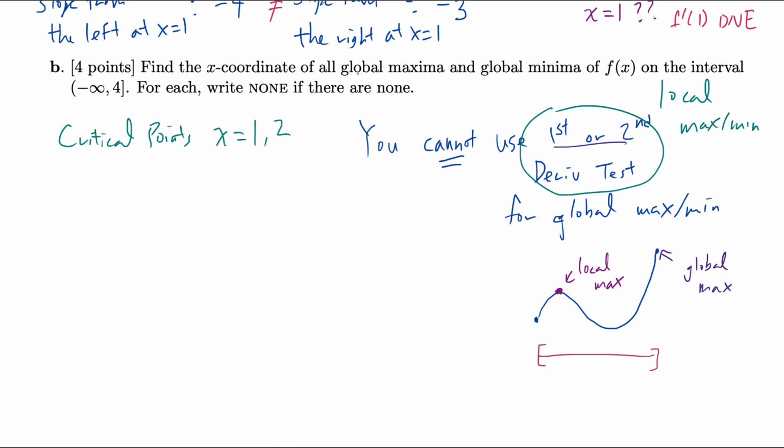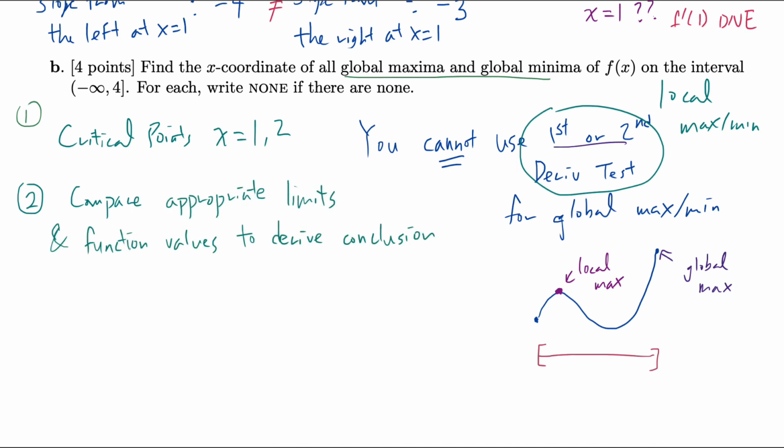So how do you find global max and min? Well, the first step is to find the critical points. And thankfully, in part A, we found them. So first step, we're done. And now here is the second step. The second step is to compare appropriate limits and function values to derive a conclusion. So this is very, very vague. What do I exactly mean by this? Well, here's what we're going to do. We're going to compare a bunch of numbers, and the values that you're going to compare for sure are going to be critical